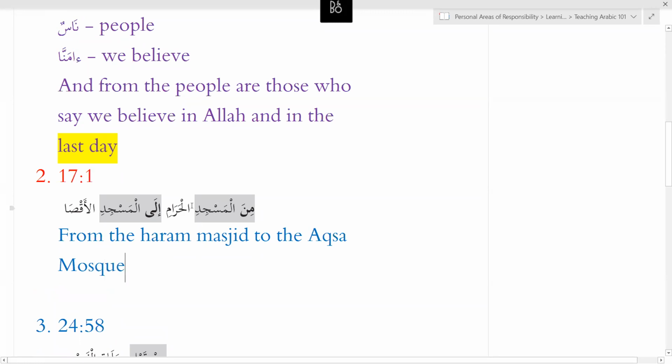Okay. Al Masjidil Haram. So this is Al Masjidul Haram, the masjid in Makkah, where we have the Kaaba, made by Ibrahim alayhi salam. And where's Al Masjidul Aqsa? In Jerusalem. So this is speaking about Isra and Miraj. That's the ayah: from Masjidul Haram to Masjidul Aqsa. We see ila followed by an adjective. So this is the Haram Masjid and this is the Aqsa Masjid.